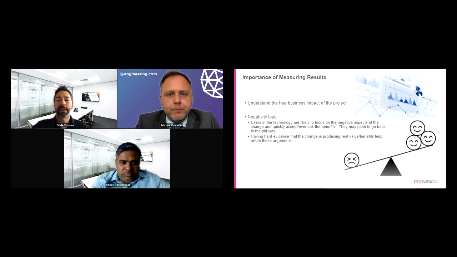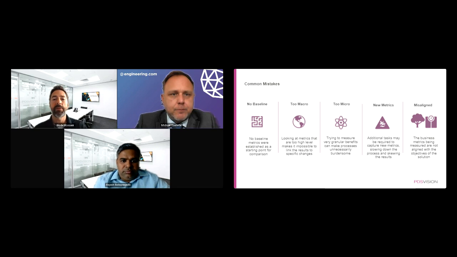Absolutely, because I think that's one of the key things as we talk about how important it is to measure things. It's easy to just say, okay, we have to measure everything, and not think about what's the right way to do it and what we really need to focus on.